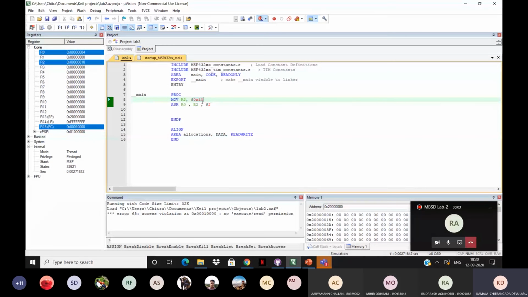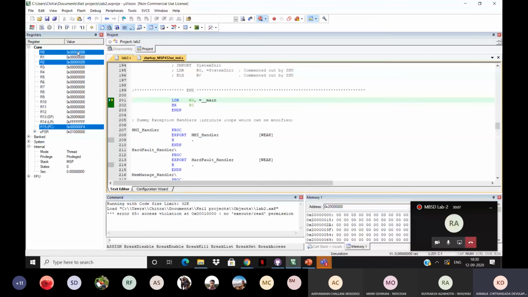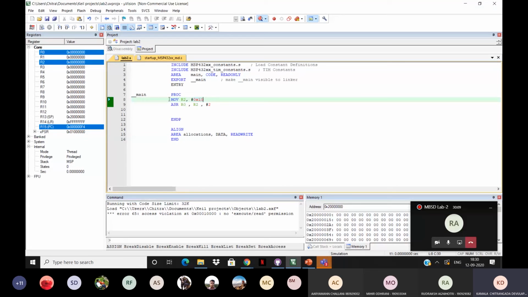So I'm basically moving a random value into R2 and I'm doing an ASR R0, R2, shifting it twice, that is #2.